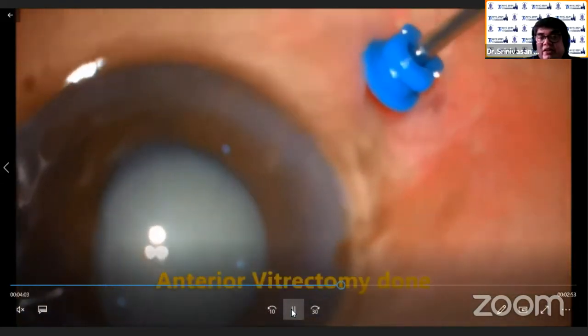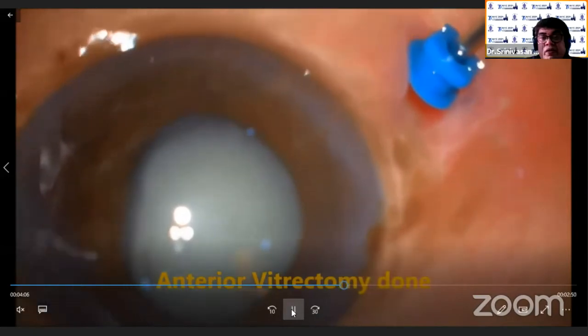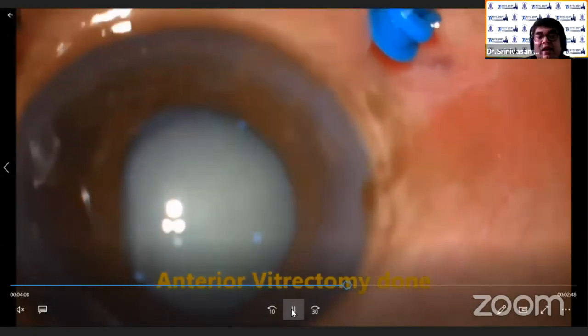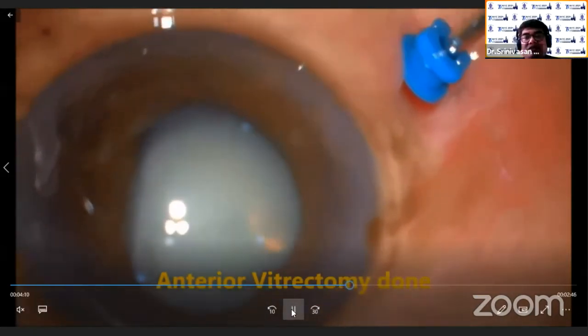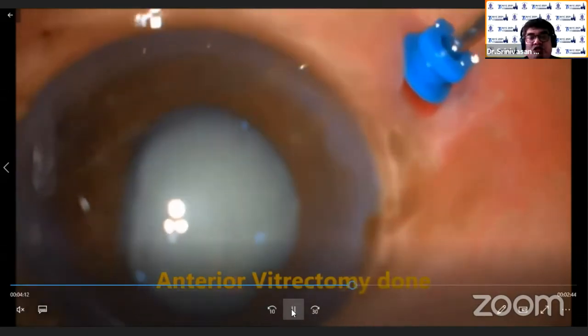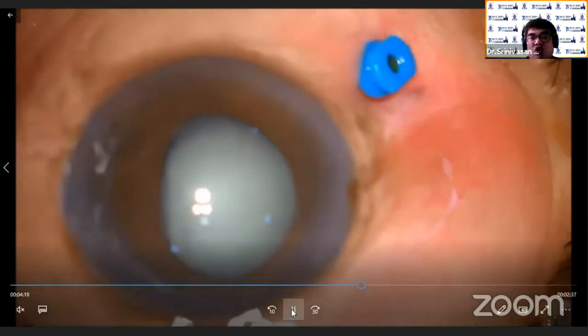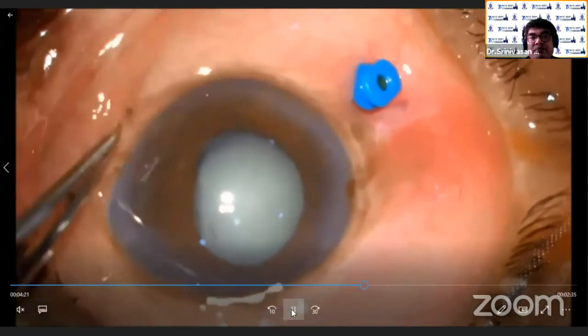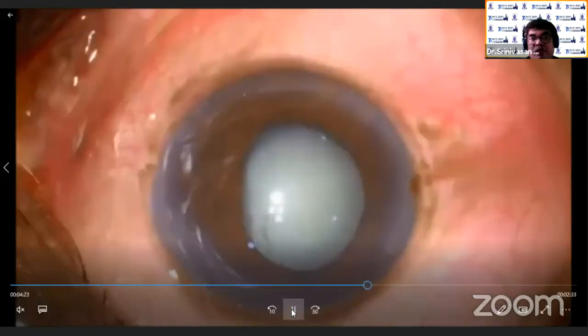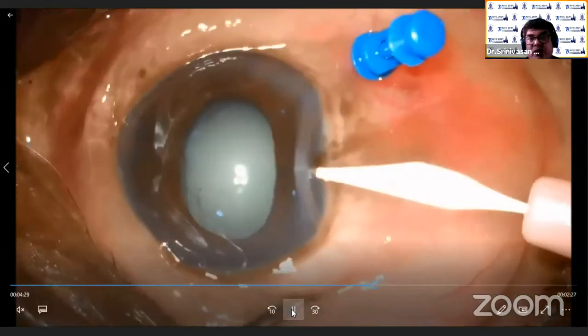But here we have attempted this, and it has also been published in the Tamil Nadu Journal of Ophthalmic Society. The thorough anterior vitrectomy is done. The idea is to debulk the nucleus. The eye was tight with a small narrow anterior chamber. After the thorough anterior vitrectomy, the eyeball becomes very soft and the anterior chamber deepens, so you have an extra space. Surgeons who are not very comfortable doing phaco can use the capsular tension rings, other rings, if the patient can afford it.